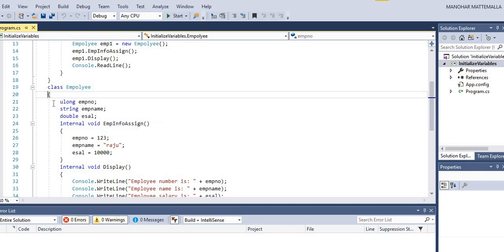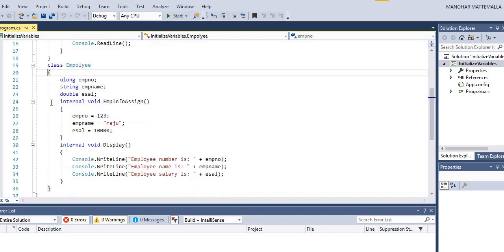Inside the Employee class, I have declared three class level variables: employee number, employee name, and employee salary.